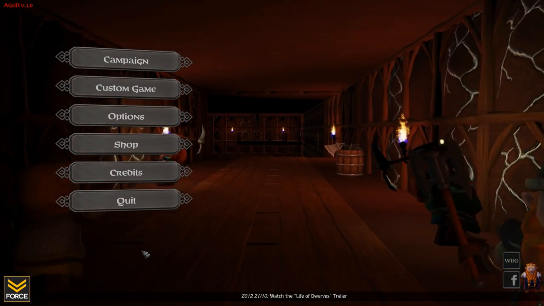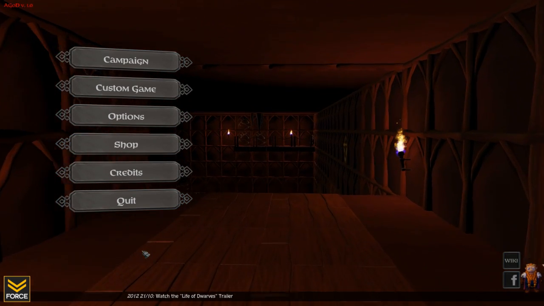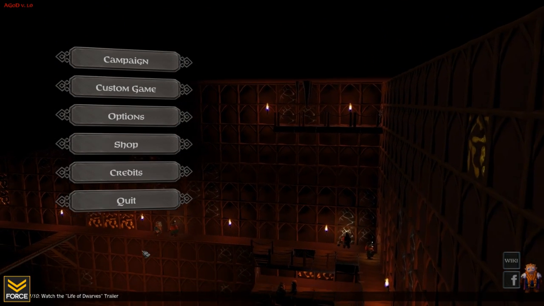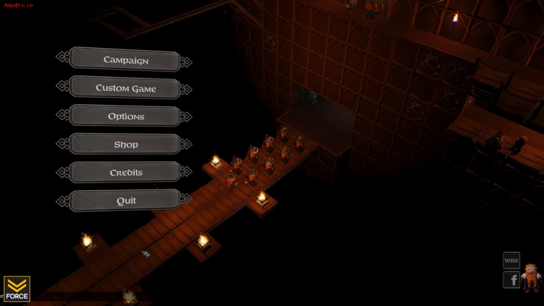Force here, and today we will be taking a look at the basics in A Game of Dwarves. This is a dwarf management and building game that was heavily inspired by Dwarf Fortress. A Game of Dwarves was developed by Zeal Game Studios and published by Paradox Interactive, and here in this game